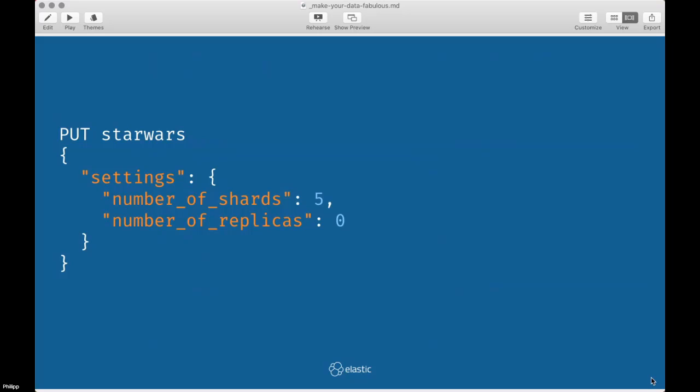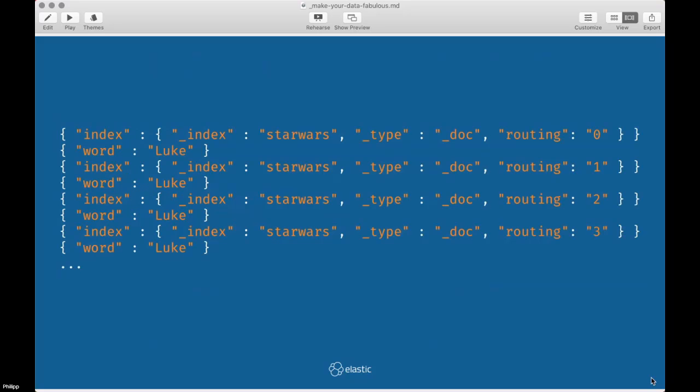So what did I set up here? I created my index Star Wars with 5 shards, so it is split up in 5 pieces that we could put over up to 5 nodes, or one physical node could also contain multiple copies. I'm using 2 nodes in the cloud, so it will be spread out over 2 actual nodes, but we could spread this out over multiple nodes. And I have created, like I said,